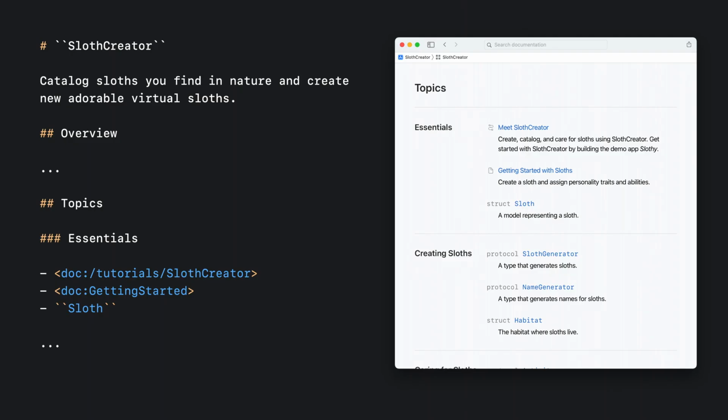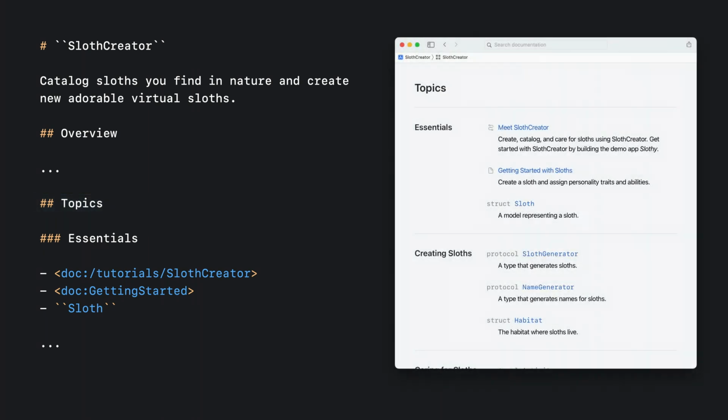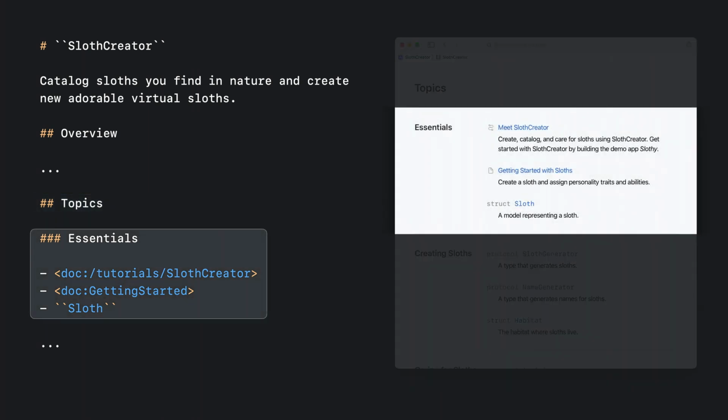All of your pages are organized automatically, and you can customize with a topic section. To create a topic section, add a second-level topics heading. Then add a group with a third-level heading, followed by a list of links to any other pages that you want to organize under the current page. You can add a topic section to any article, along with any container symbol, like a class, structure, enumeration, or